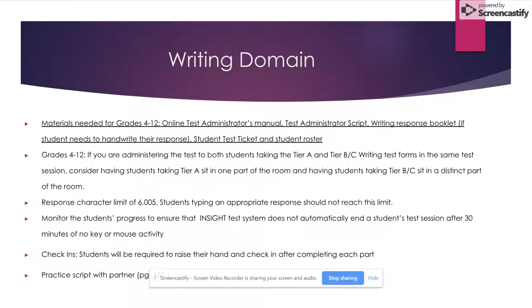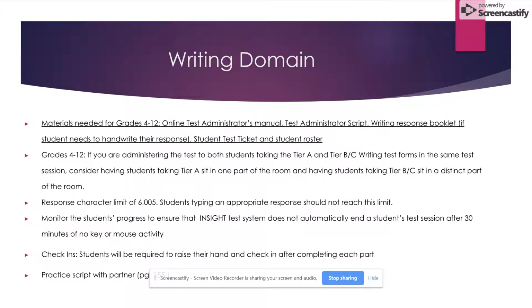In some cases, you will have students that will take the writing session with paper and pencil, so make sure you have the testing booklets ready for the students with the students' credentials. In case you have groups of students with different grade cluster and tier taking the writing session, it is recommended to separate the groups in different sections in the room simply because the time difference is significant for every grade